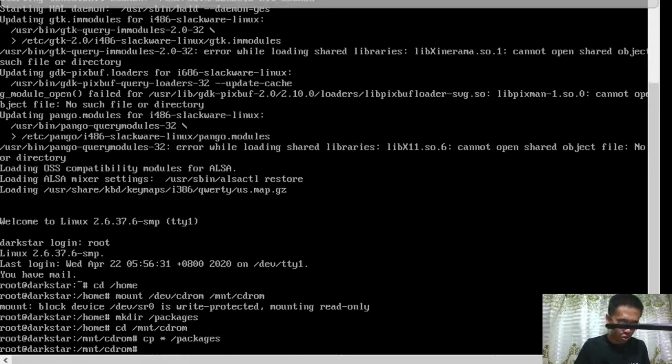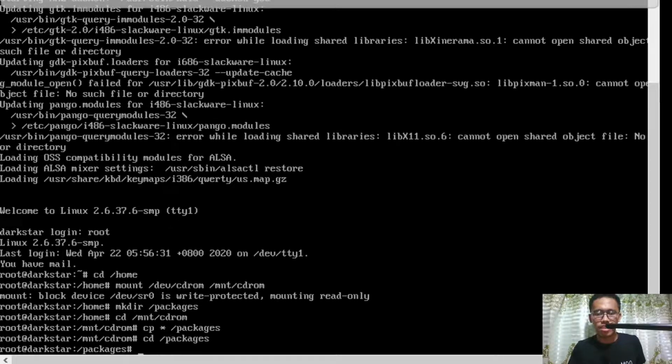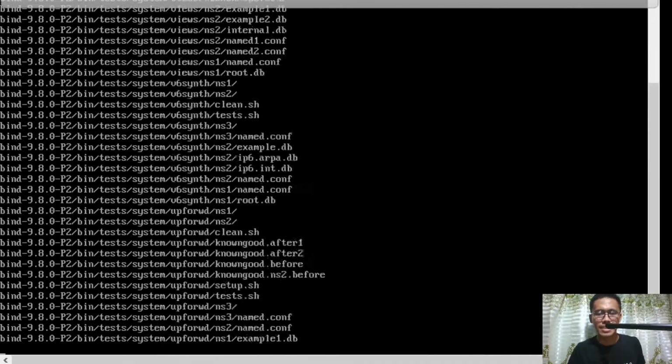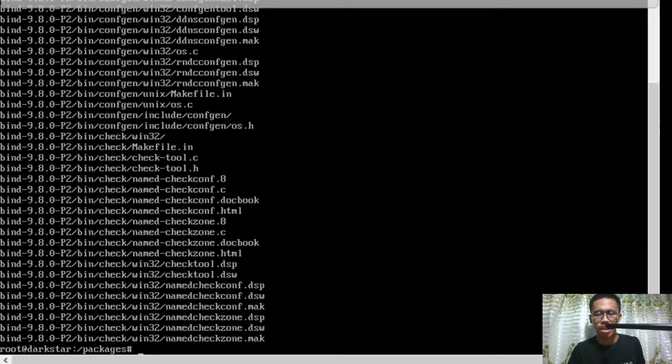Next we should go to packages. After that, type in tar -xzvf bind and just hit tab there. After that, cd bind, just hit tab,